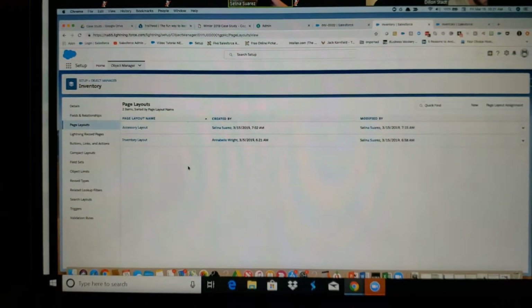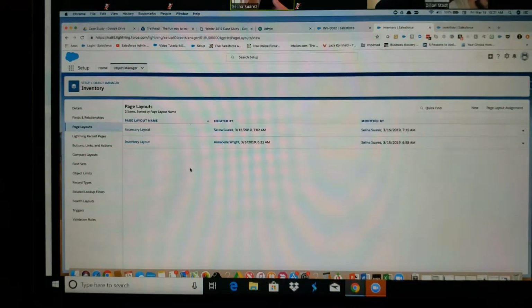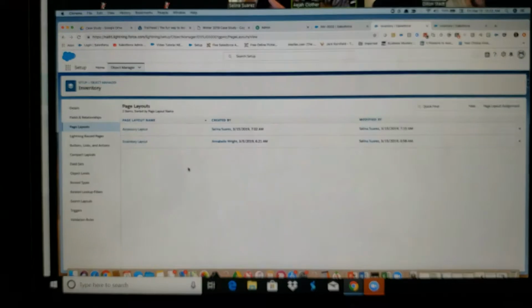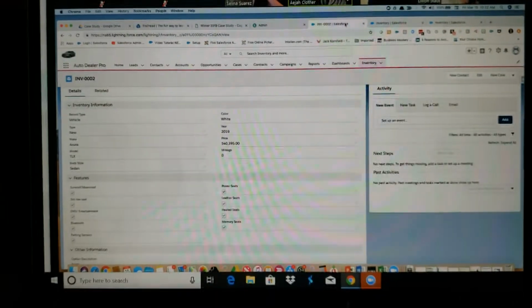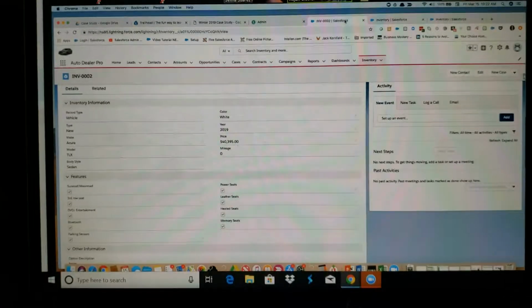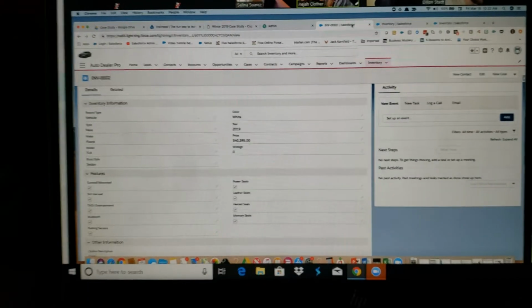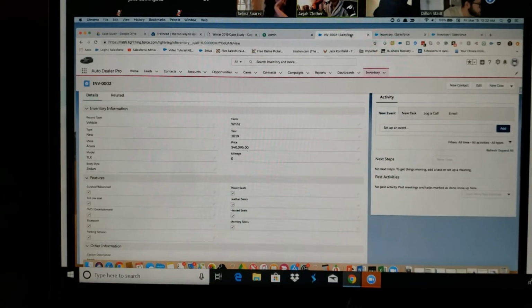I have a question. Can you see your inventory layout? Because on my accessory, it still shows I have the asterisk next to type, body style. I can't remove it. Because you have to go to fields, find the field, click edit,